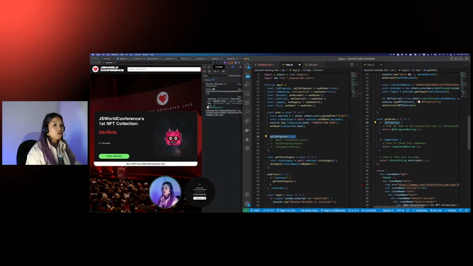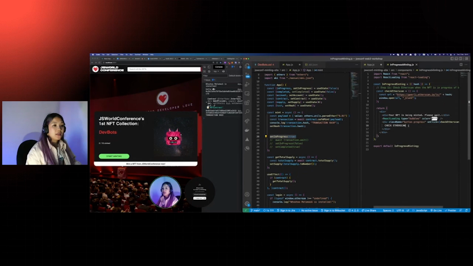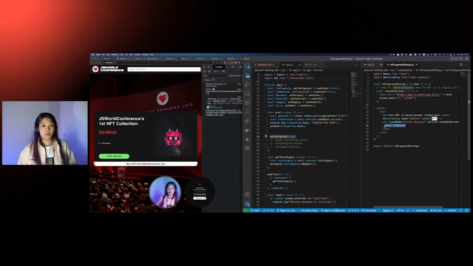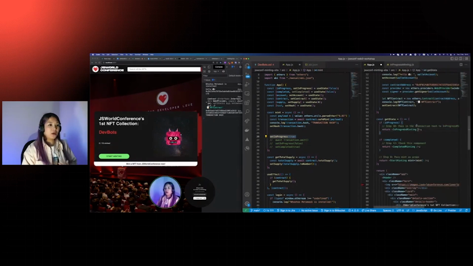And once it is true, please give me the in progress minting component, okay? And this is actually the button that will say check Etherscan. Check the transaction of the minting happening. But in order to do that, we do need to pass it in the hash of the transaction once it has been done. So what we're going to do here, you're just going to say hash,